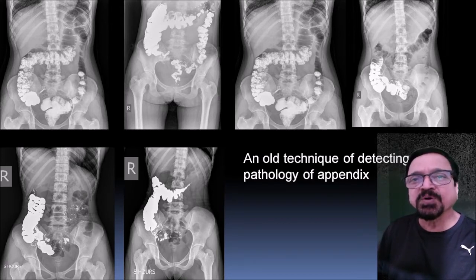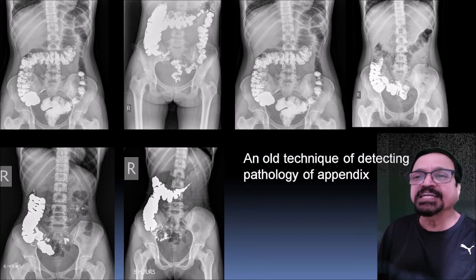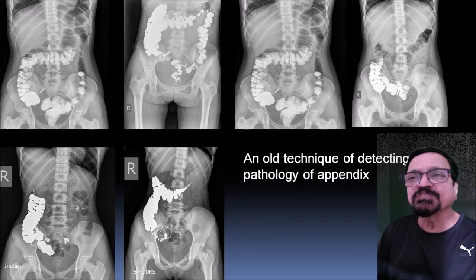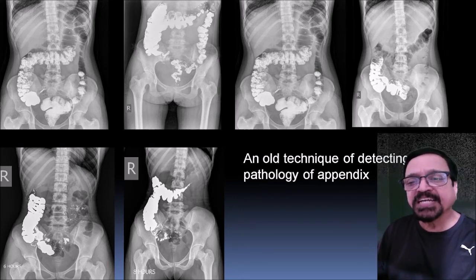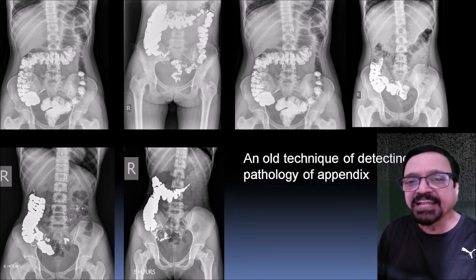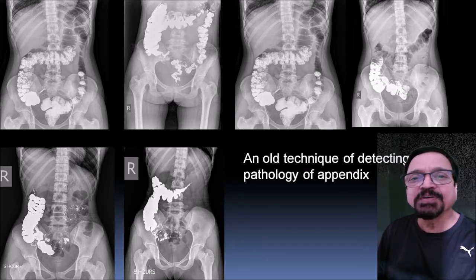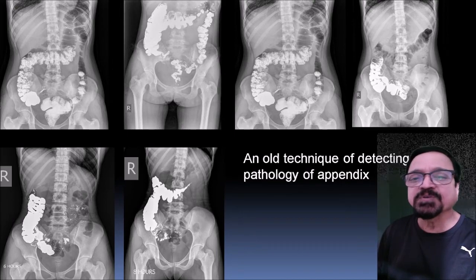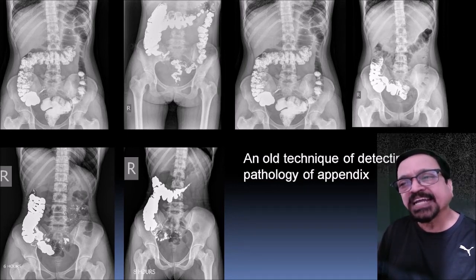Now let us know how the technique was. We were giving barium till it crossed the ileocecal junction. Then we were noting down whether the appendix was seen or not. So first step, non-visualization of appendix on the first day or first examination. If the appendix was visualized, then we asked the patient to come after 24 hours. Now what was happening is that the appendix should fill and it should empty. Then we used to call it normal. If the appendix was filling, showing multiple filling defects, then it was diagnosed as appendicitis. And non-filling of the appendix was again diagnosed as a case of chronic appendicitis.